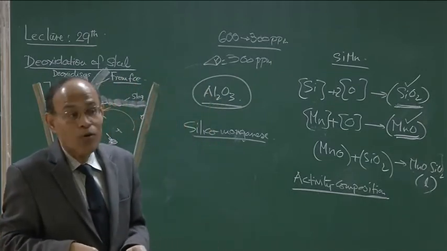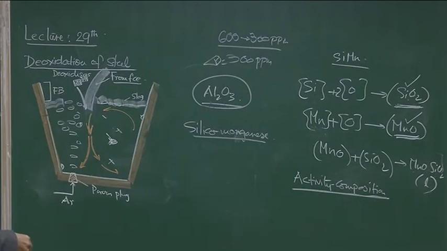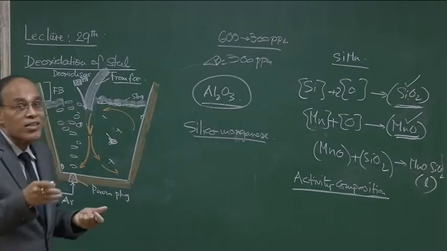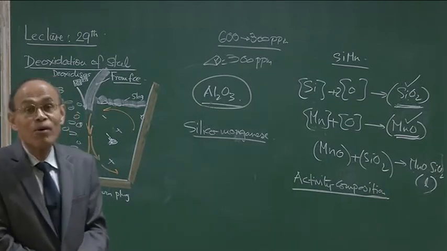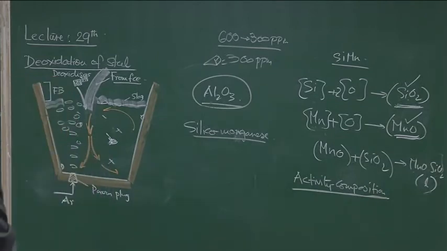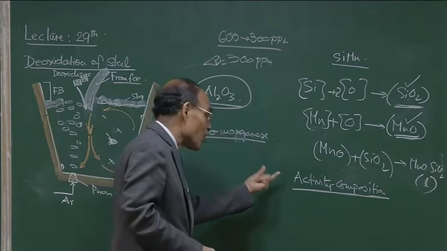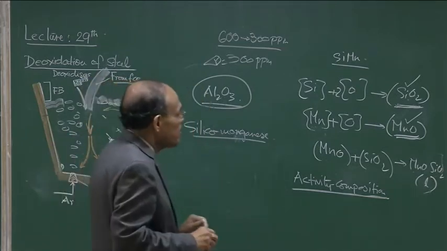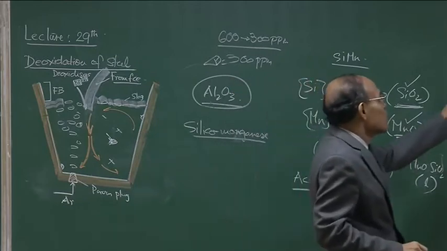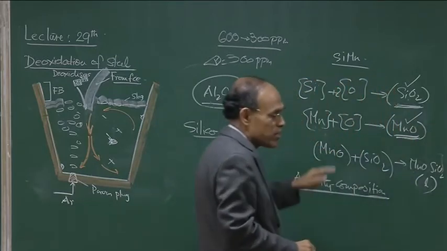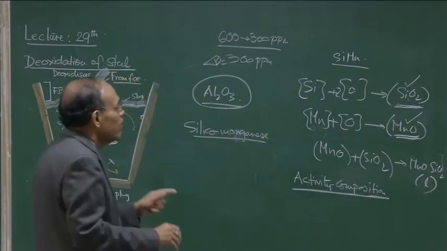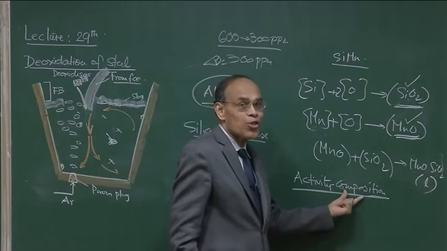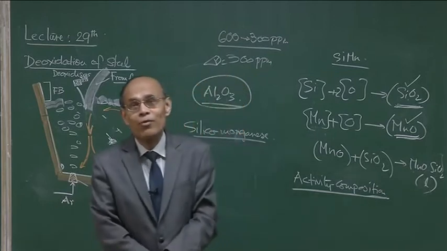Okay, so aluminum silicates can form, manganese aluminum silicates can form, and in that case, the deoxidation calculations can become even more tricky. They will involve ternary and quaternary systems. But simplistically, if you consider simple deoxidation versus one complex deoxidation by silicomanganese, I think with a simple binary activity versus composition phase diagram, you should be able to perform all